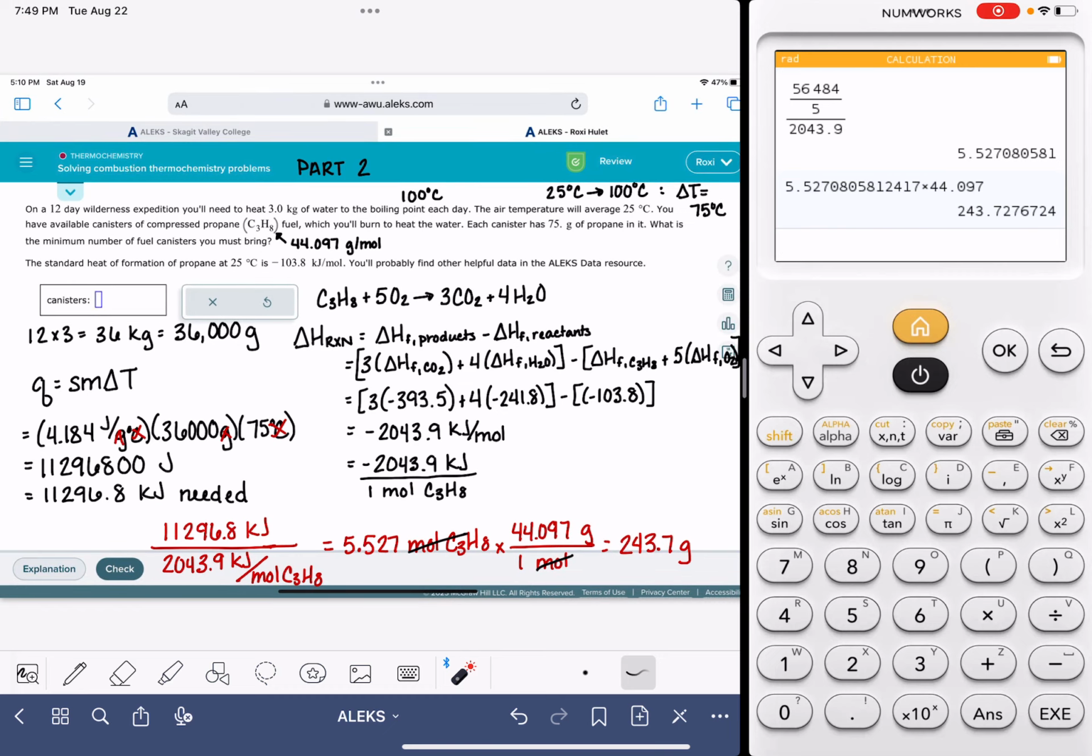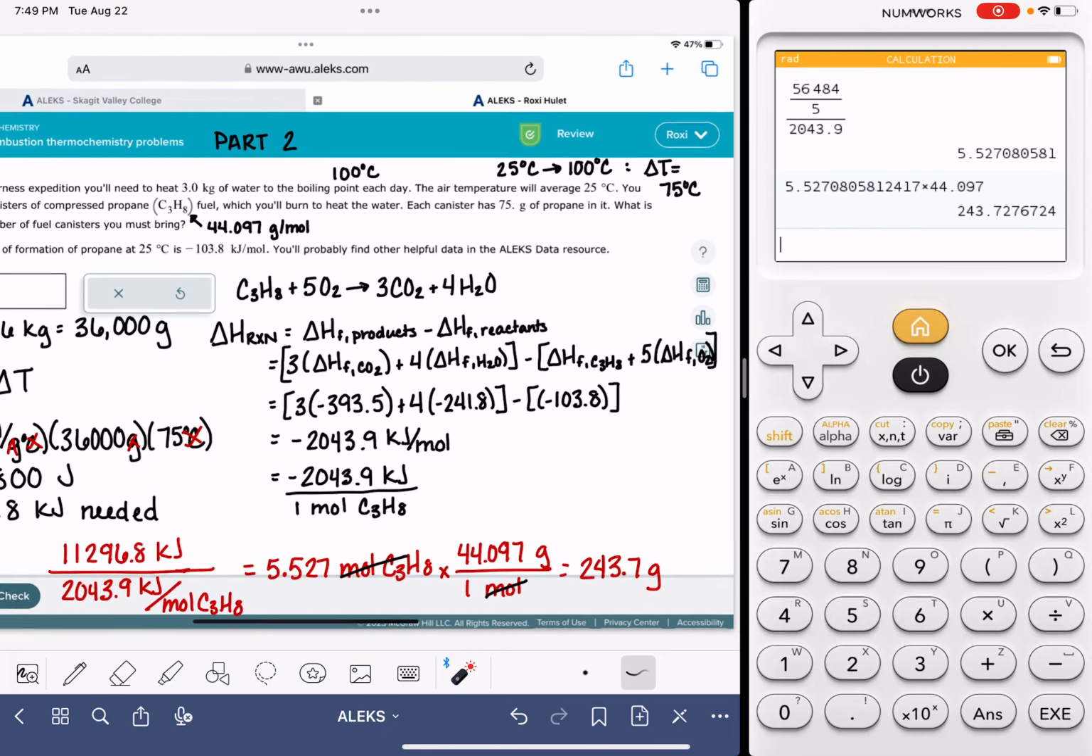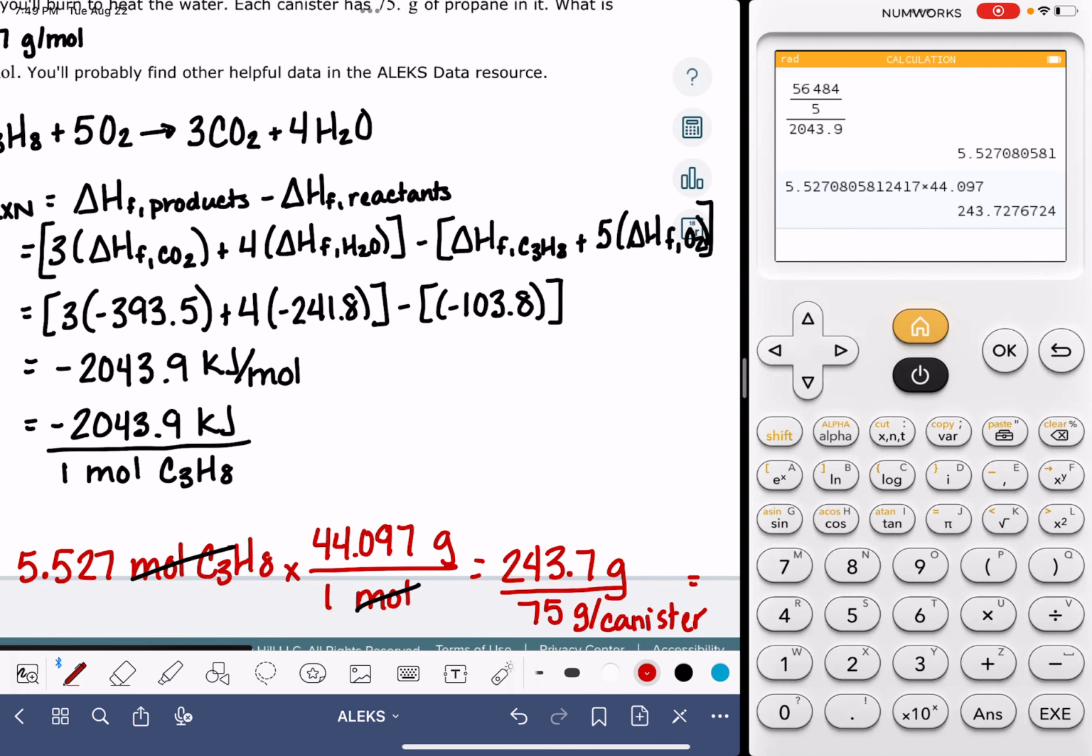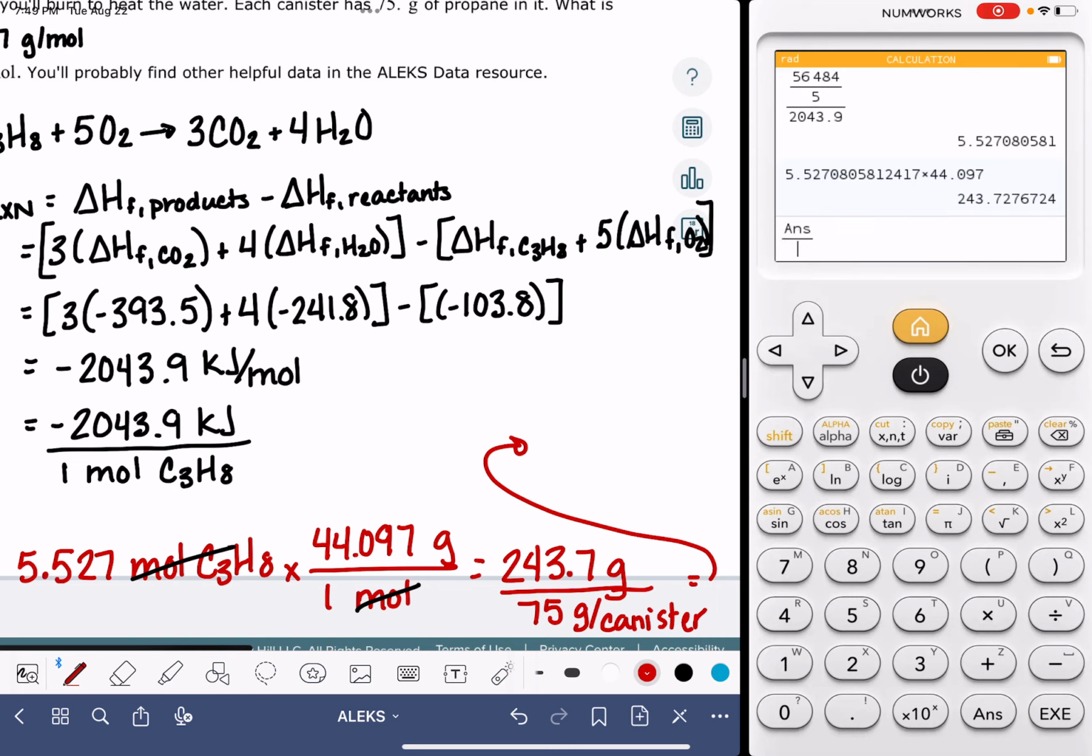And now, the next thing that we're going to do, because again, the problem wants us to answer in terms of canisters. Each canister is 75 grams. So we're going to take this number and we're going to divide it by 75 grams per canister. And I'm really running out of room here, so I'm going to have to squeeze my answer up here. 243 divided by whatever your capacity of your canister is, because for the problems, ALEKS does vary the capacity of the canisters. I get